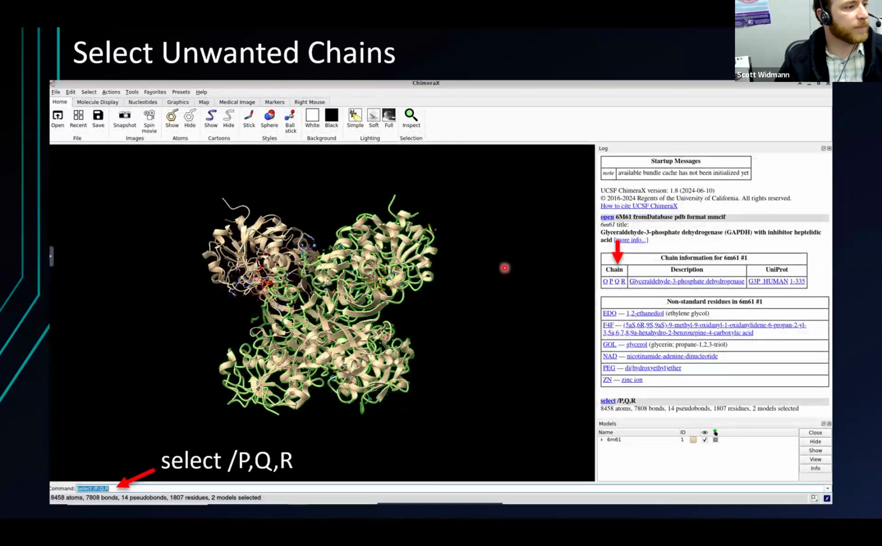And so I don't want all of these chains because this is like a tetramer, right? It's 4 copies of the same protein, and for docking, I only need 1. And so here I'm going to select 3 of the chains that I don't need. And so down here, I'm going to type select and then